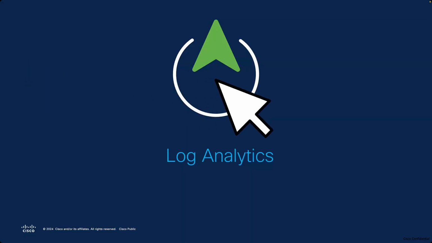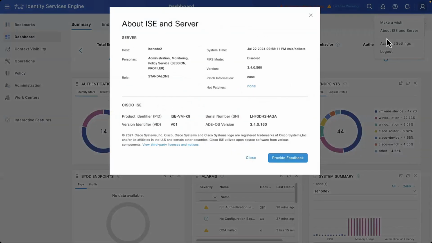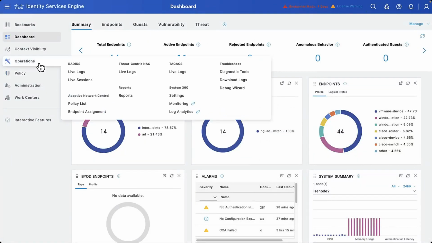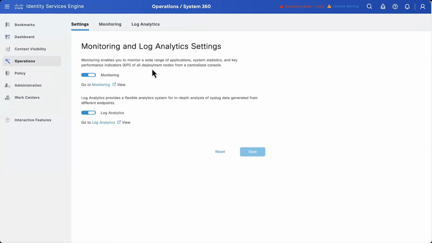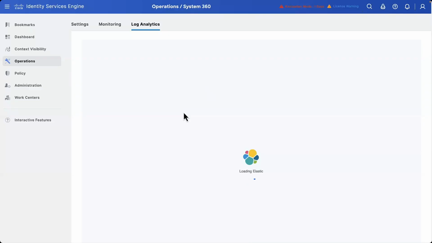Now, I wanted to give one more because in the earlier demonstration, in the earlier part one, we were not able to show you the log analytics using 3.4. Right now, I was making use of 3.4. This is a beta version, so don't get confused with the version number. This is 3.4. And if you look at the log analytics,